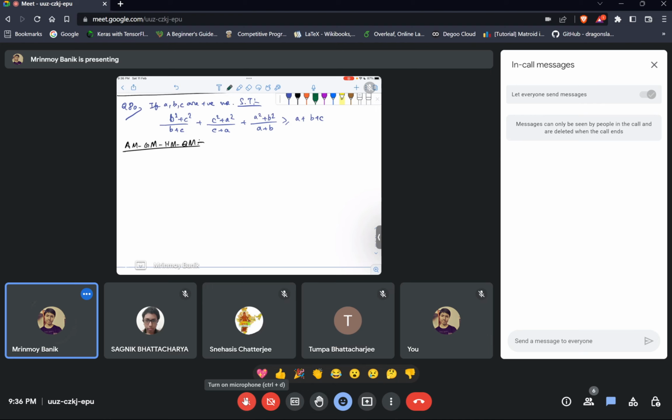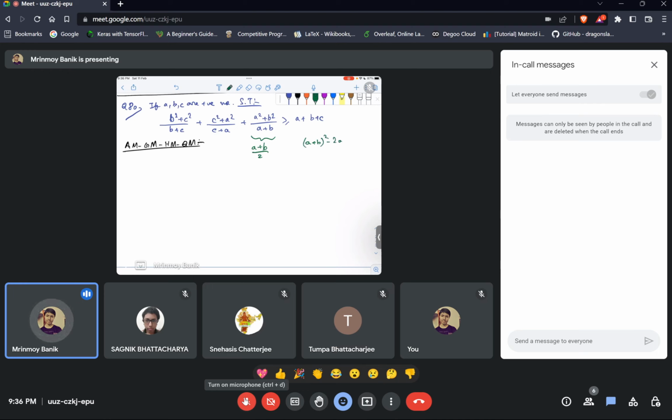So if we are able to show each of these terms is greater than (a plus b) by 2, since putting a equal to b, we get (a squared plus b squared) by (a plus b). So it's like